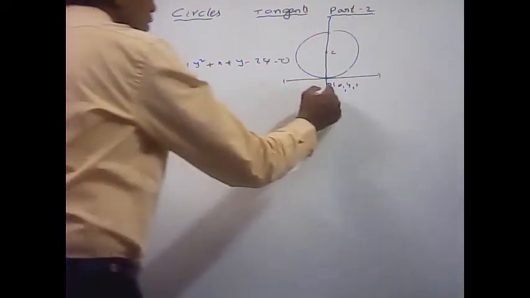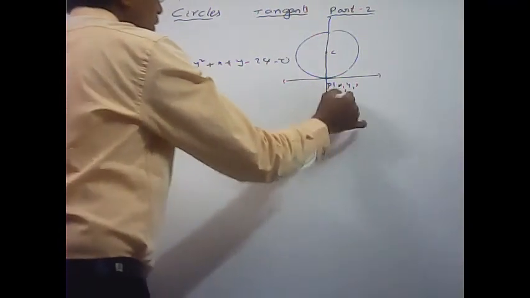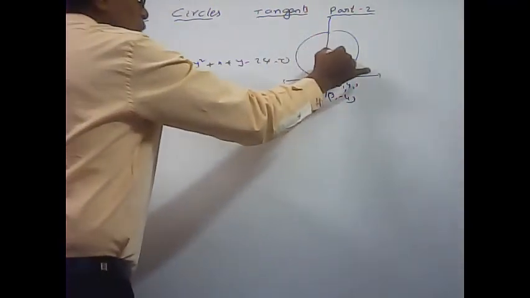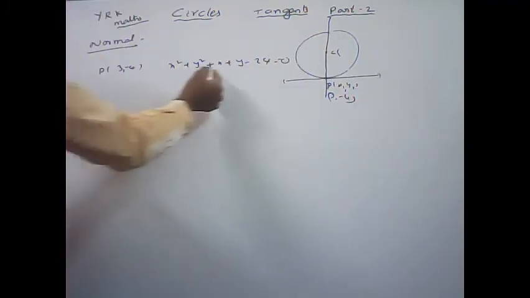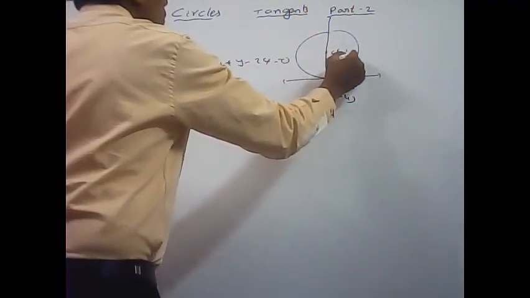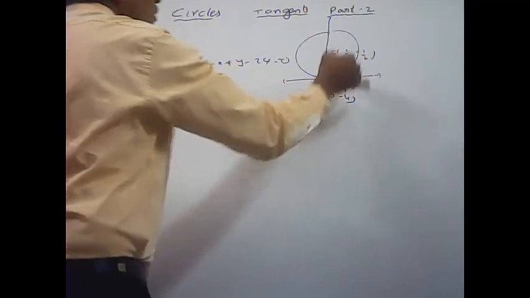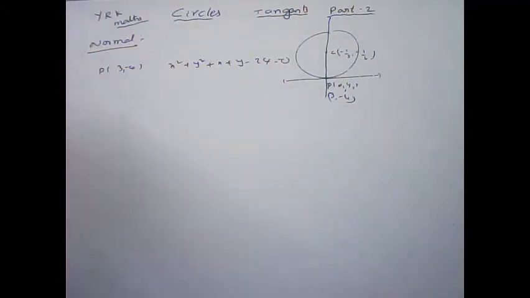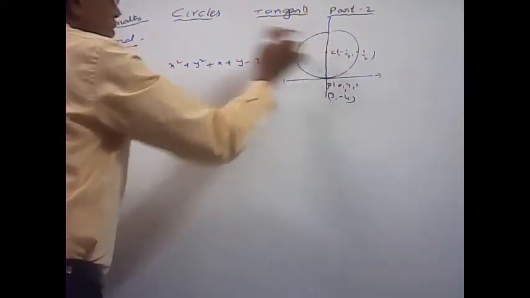For example, the point (3, minus 4) is given, and one more point is nothing but the center of the circle, whatever the center, minus 1 by 2, minus 1 by 2. Without finding the slope of the tangent also, if any point is given, the other point we can take is the center of the circle only. Why? Because the normal always passes through the center of the circle. So here 2 points are known, we can get the equation of the line.